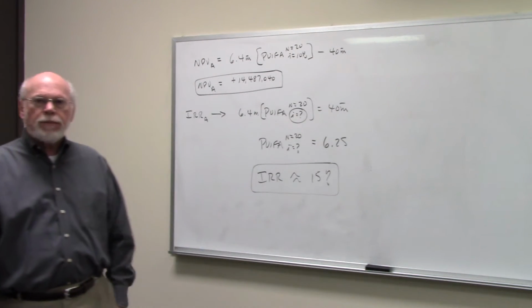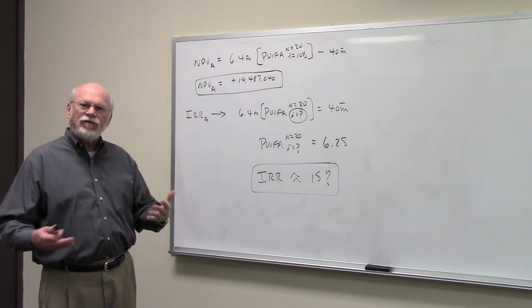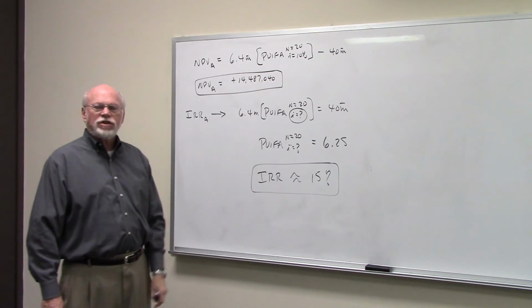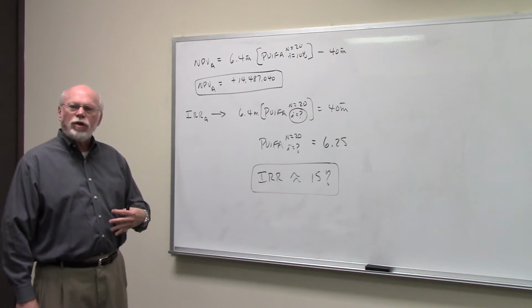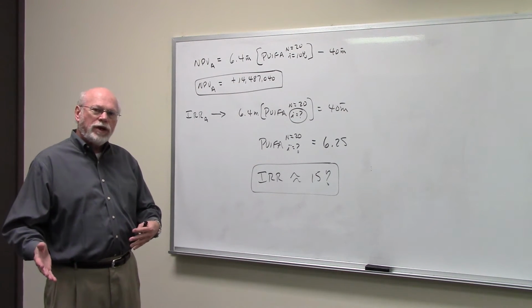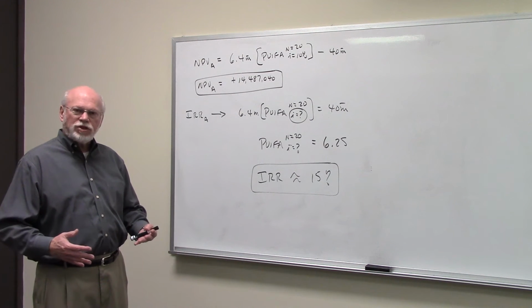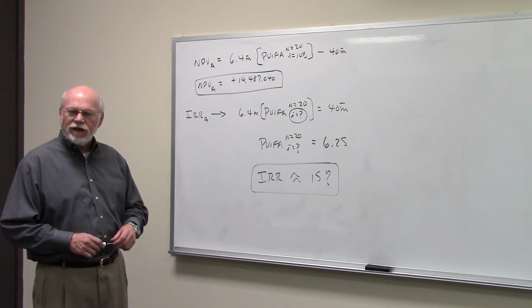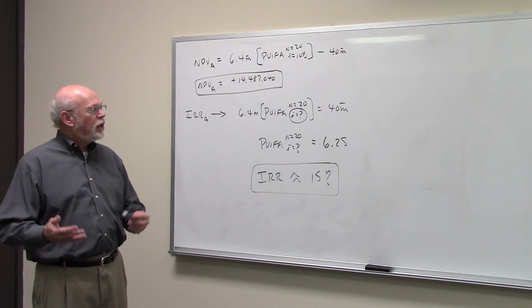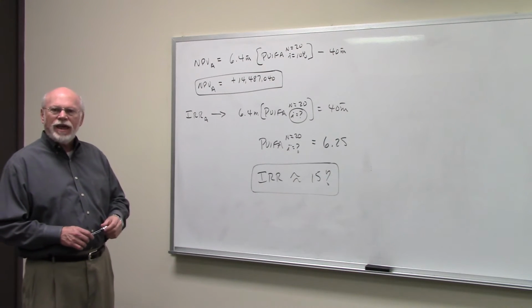Now, this first project, Project A, again, to find net present value, you want to take the present value of the inflows, subtract the present value of the outflows. They tell us the inflows are $6.4 million a year for 20 years. We multiply that annuity, $6.4 million, times our PVIFA at 20 and 10%. That would give us the present value of the inflows. Subtract from that the present value of the outflows, the cost of the project, which is $40 million, and you find that the net present value for Project A is a positive